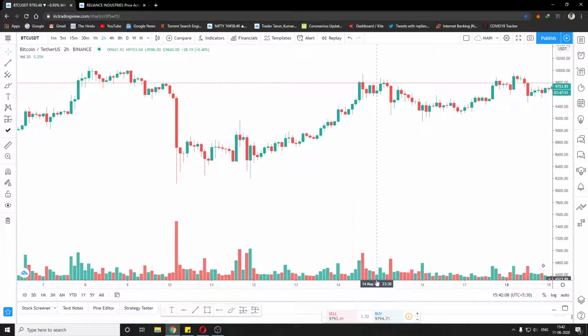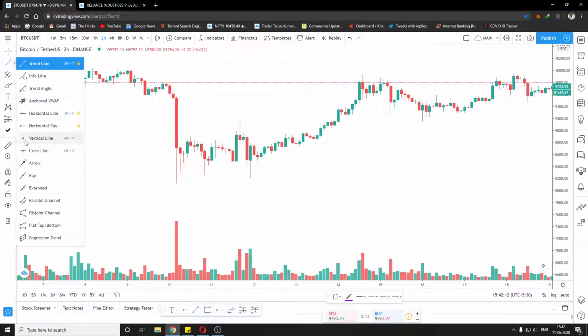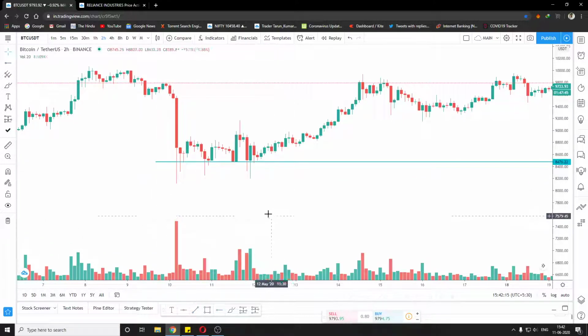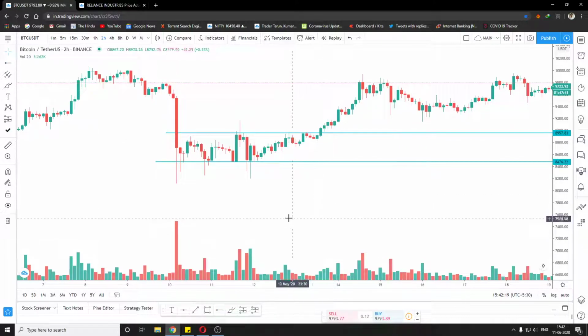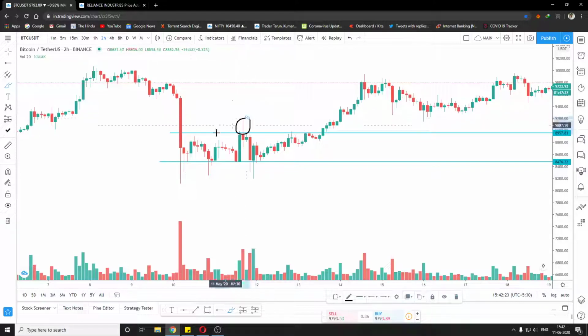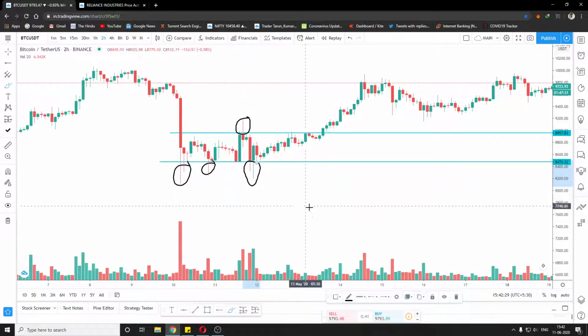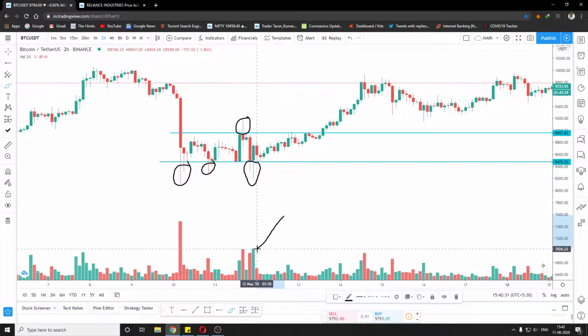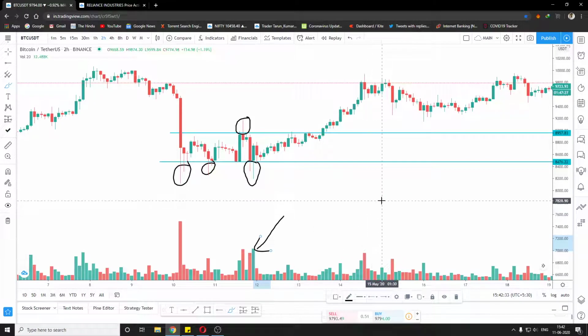If we draw support and resistance, the first point of turning the market is this, the second point is this, and we get a clear range showing us that there is selling at the top of resistance and buying at the lower levels. How do we know that this is buying by the big market players? We see the volume. If the volume is less, that means the big players are not buying.